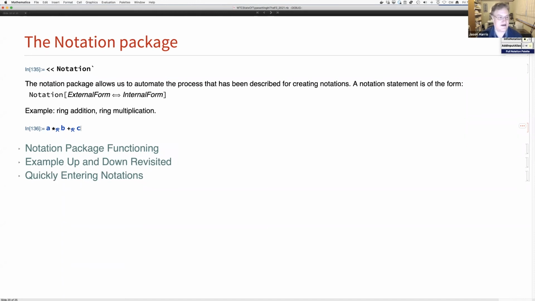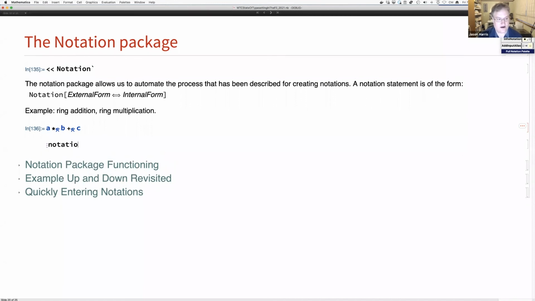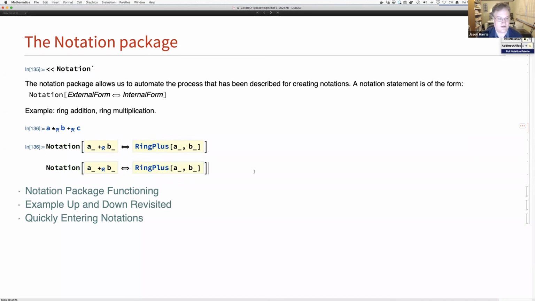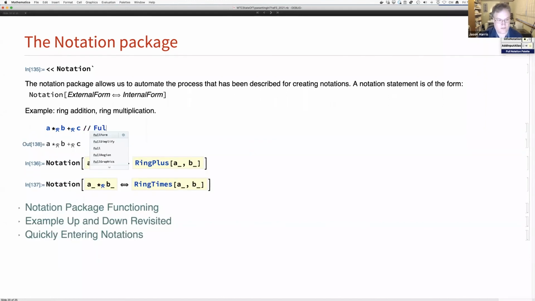But here's a typical example: this is some ring plus and ring times, and so we can go here and form a notation for this, and we'll go A plus, and we'll have this as an operator, ring, B and ring, and I'm almost done, by the way. So ring plus in here, that's our definition for ring plus, and we have something for ring times here, and now this will work. It has the right particular full form,